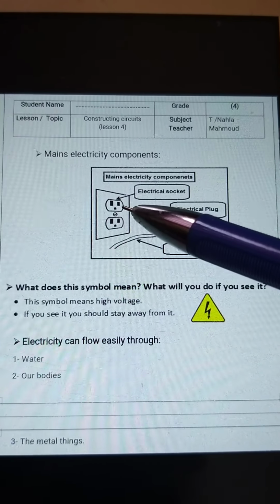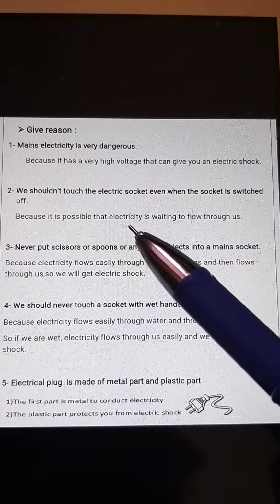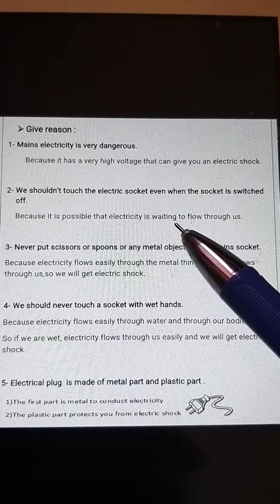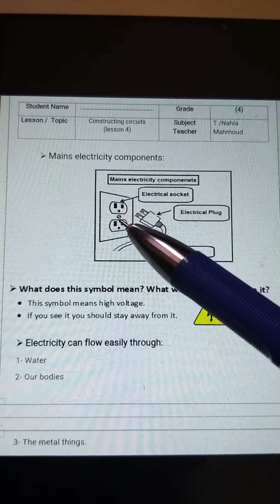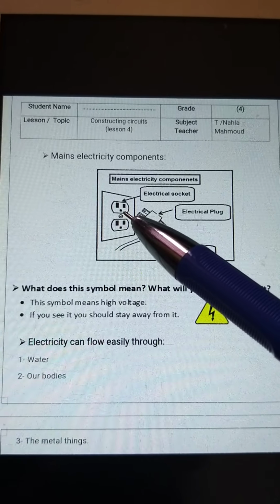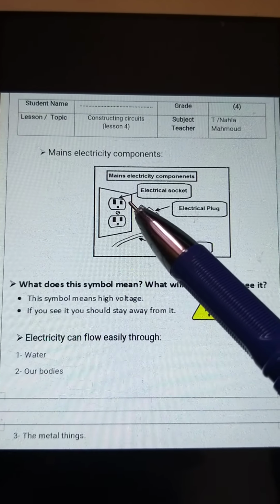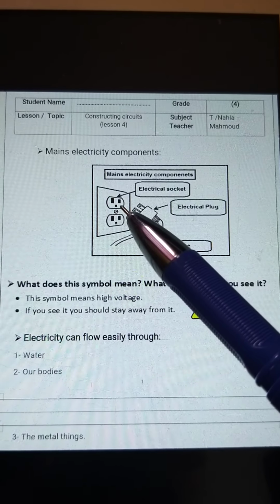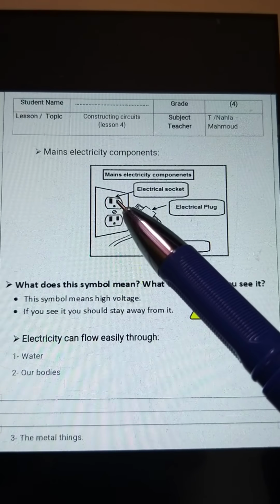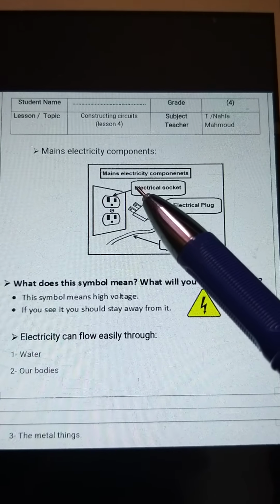Why? Because it is possible that electricity is waiting to flow through us. If it is switched on, we shouldn't touch it. But if it is switched off, we shouldn't touch it either. Why? Because what? Electricity may be here waiting for you to touch it and flow through your body and then